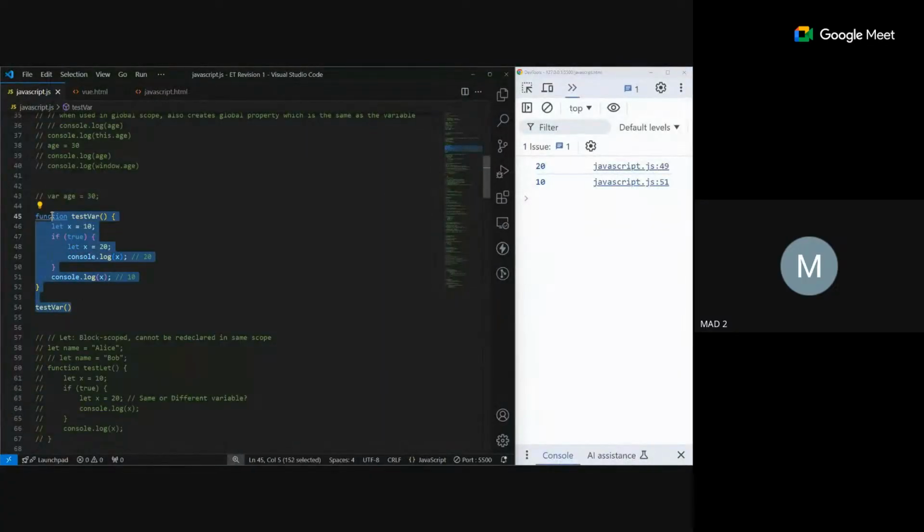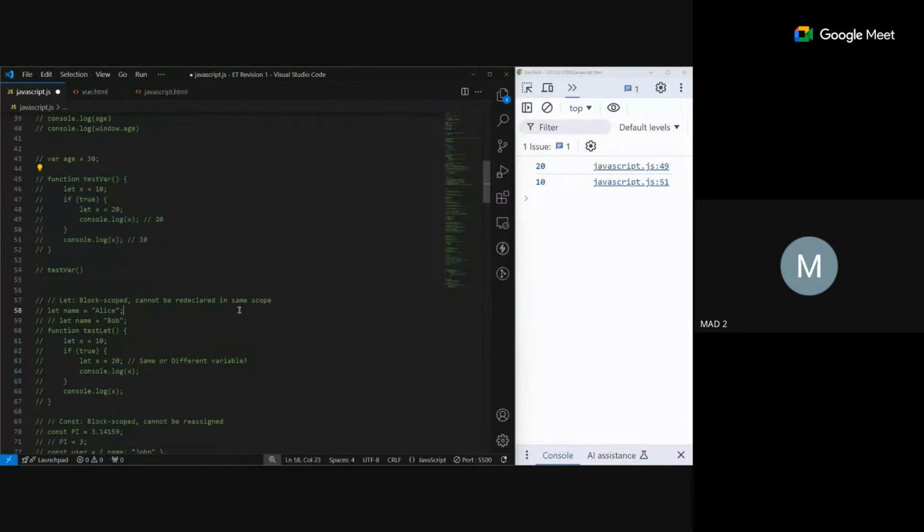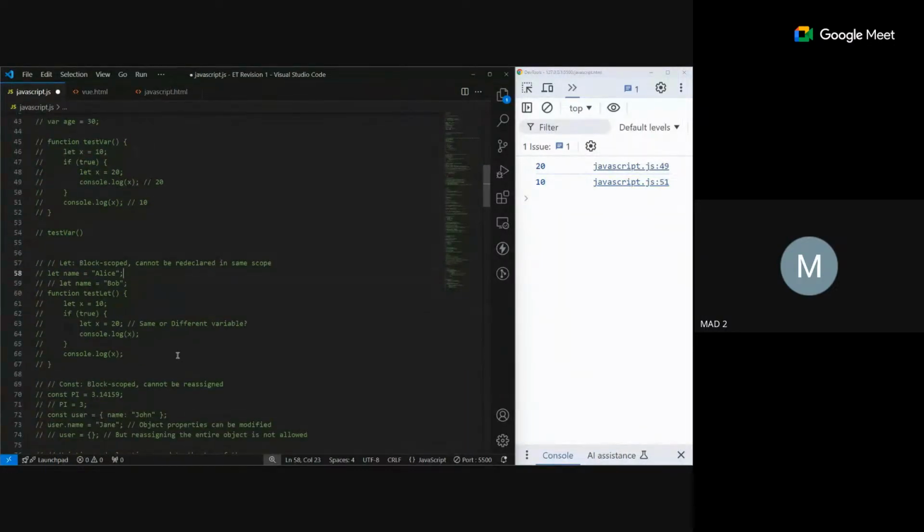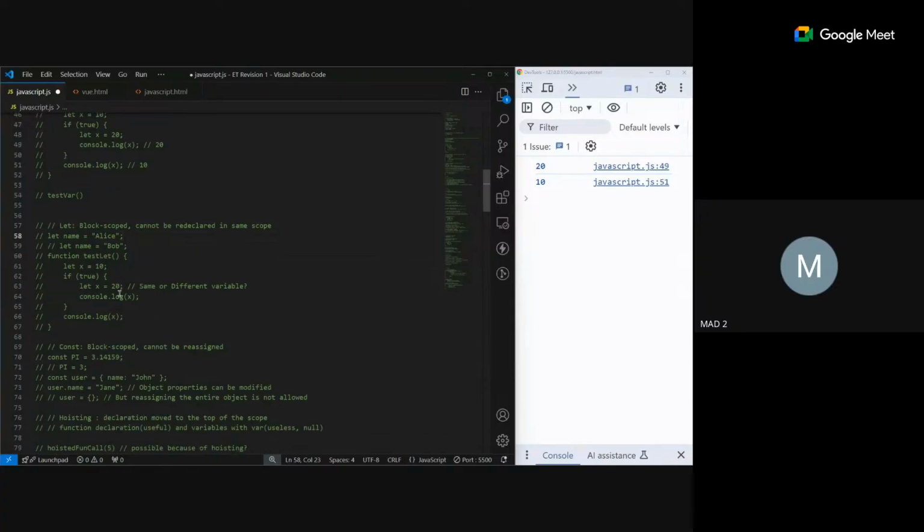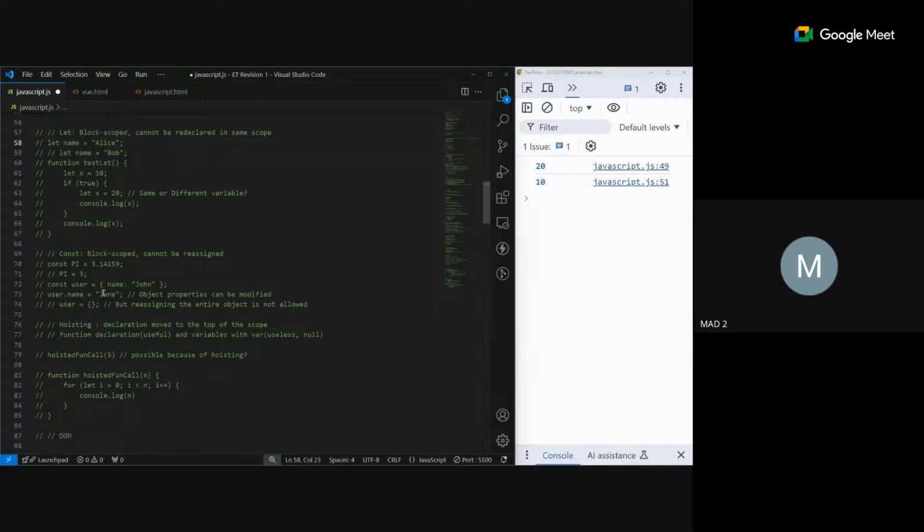Okay, let's move on. Again, same question, a little bit different. Same thing, don't need to worry about this. Let's go with the const one. So what was here? const is block scoped and cannot be reassigned. Constant is typically used to declare constants, but the important point here is